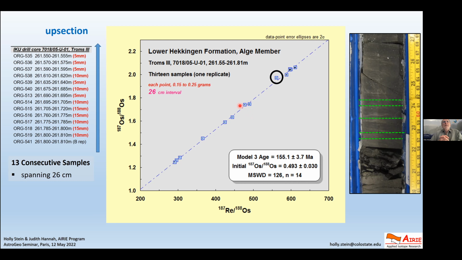And when all the ellipses touch the line, you will still have the same uncertainty in the age, but this will come down to 5 if everything touches the line. This is a measurement of the deviation, the mean square weighted deviation of these small dots away from the line. Yes, that's right. Ideally, we'd like to have this close to 1. With shales it's hard to get sometimes, but we had some that were less than 1.